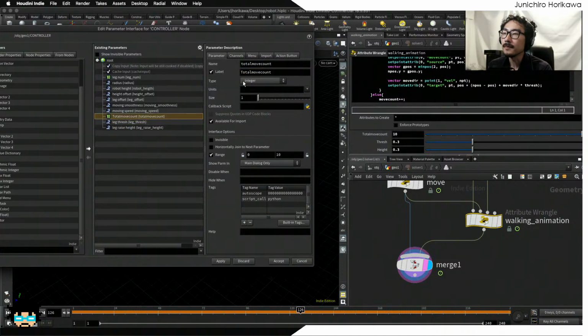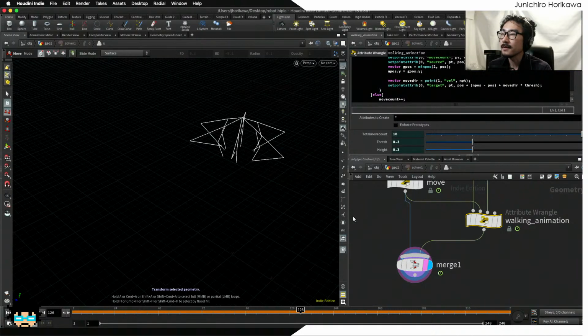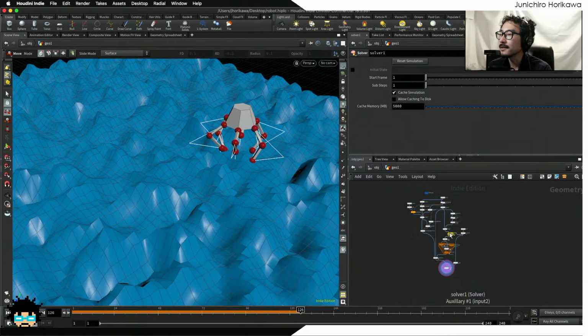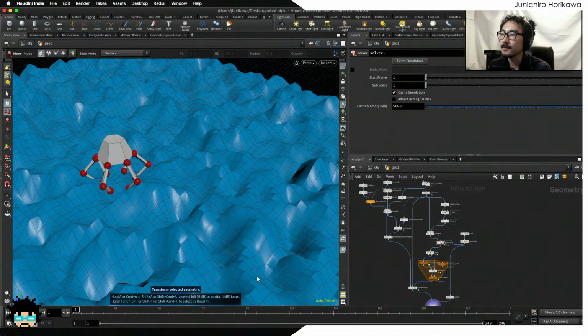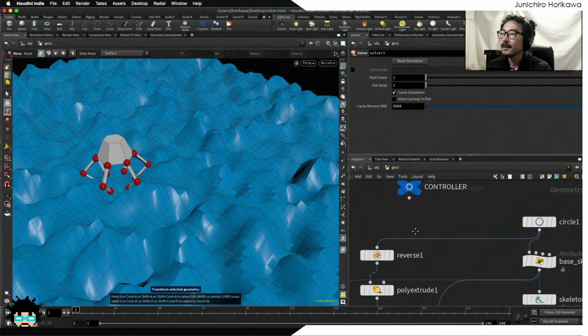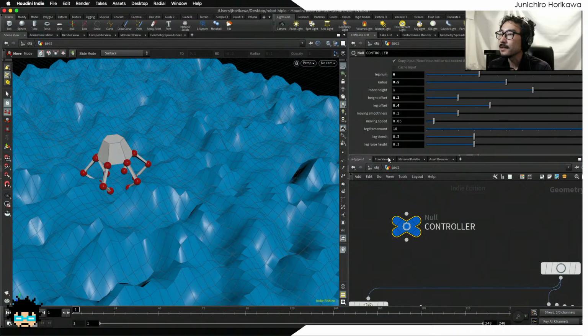And the total move count is how many counts you want to use to move the leg, so leg frame count. Okay, everything is promoted. It's time to see the effect by changing those parameters. First of all, let's say